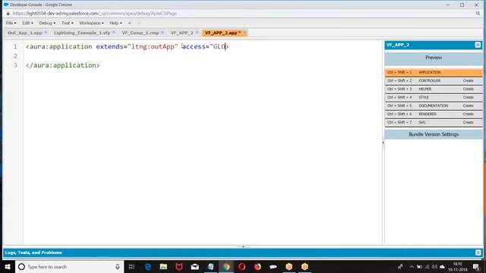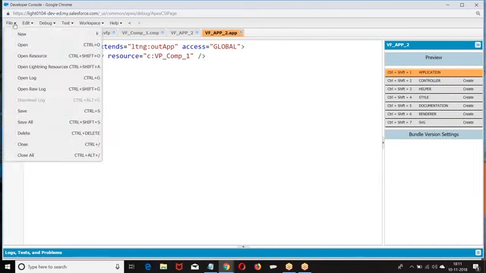Access equal to, and c, resource equal to c colon, the name of the resource is VF component. This is how I create it. So we are referring to the resource, and we want to use the same in the VF page.